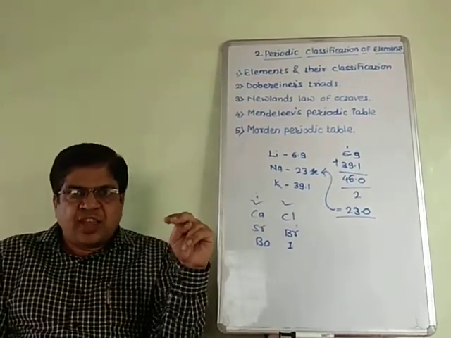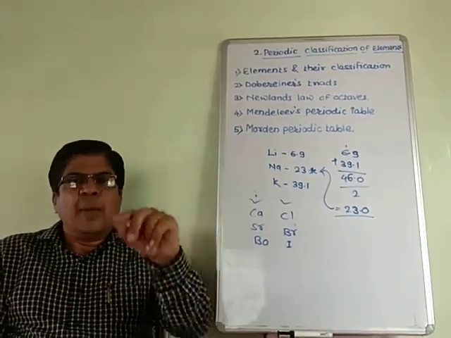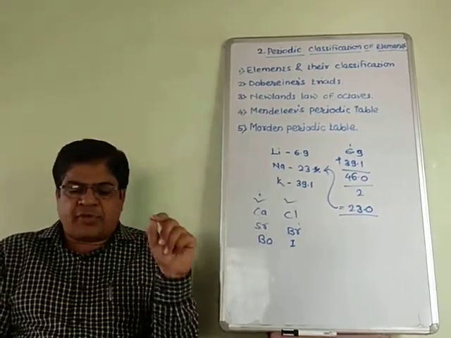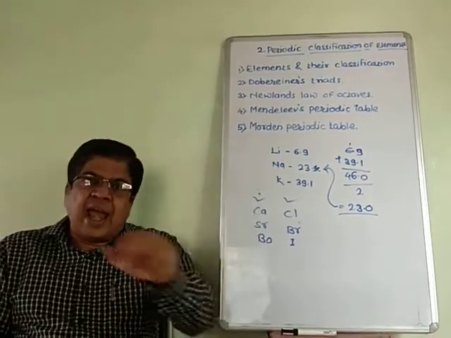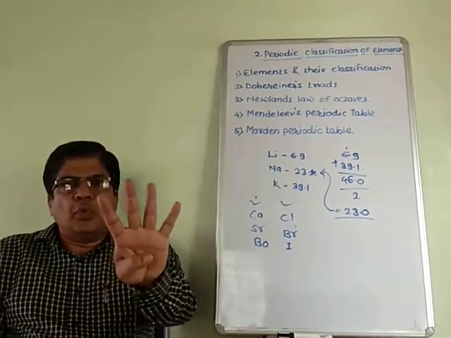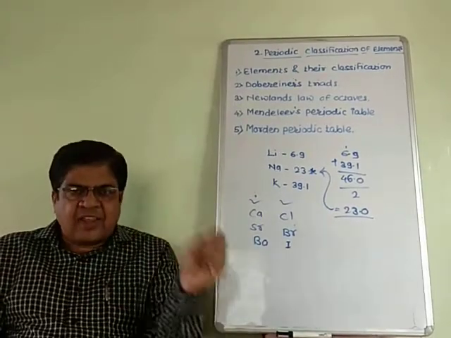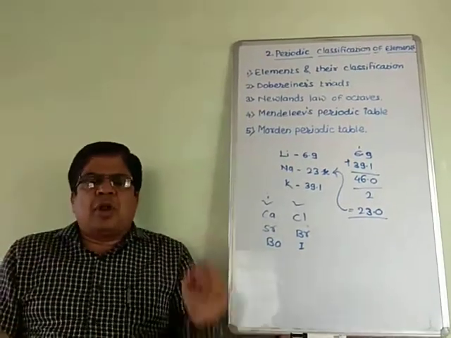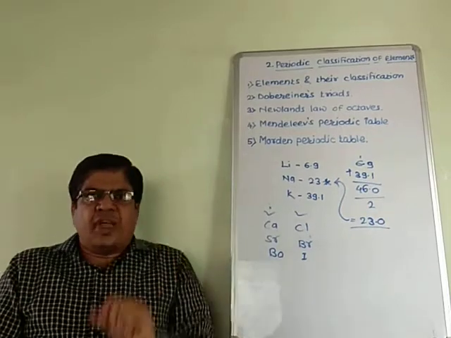There are two series, the lanthanide series and actinide series, placed separately at the bottom of the periodic table. There are 118 boxes in the modern periodic table, including the two series, lanthanide series and actinide series. Elements in the modern periodic table are divided into four blocks: S block, P block, D block and F block. In the modern periodic table, which is the S block, which is the D block and which is the F block?